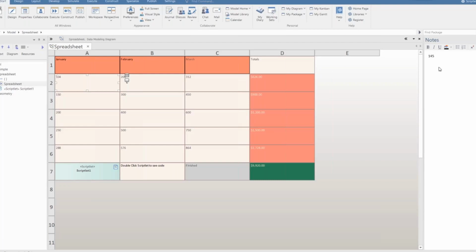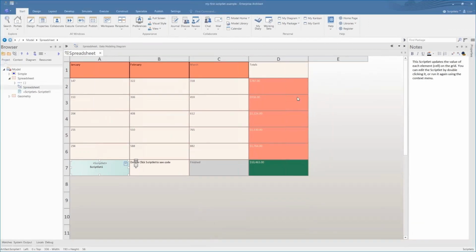So just like any spreadsheet, if I update those numbers, then the script will automatically sum each row, and then it sums all of the totals for a subtotal. And if we run the script, you can see that it automatically updates those numbers accordingly.